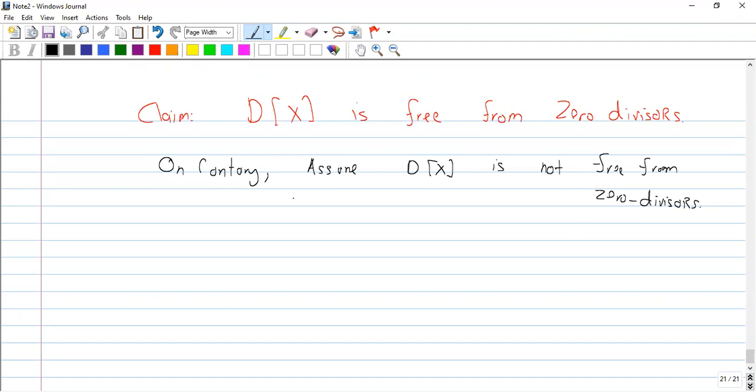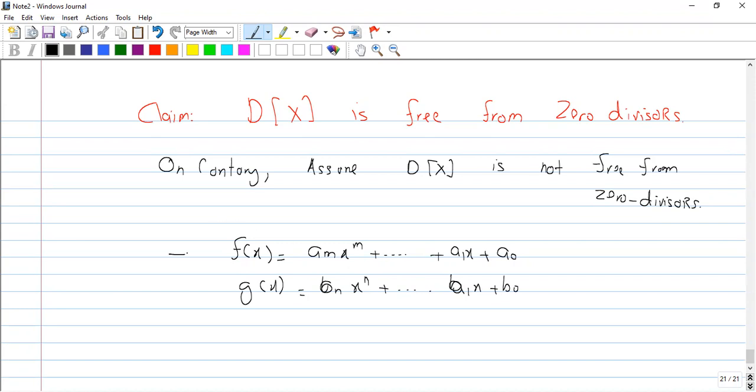So what is the meaning of this thing? जैसे ली ने कहा कि कोई f of x exist करता होगा a_m x^m up to so on a naught, and g of x with some b_n x^n and b_1 x plus b_0. अच्छा हम अज्यूम कर रहे हैं कि ये दोनों पॉलीनोमियल्स नॉन जीरो हैं।